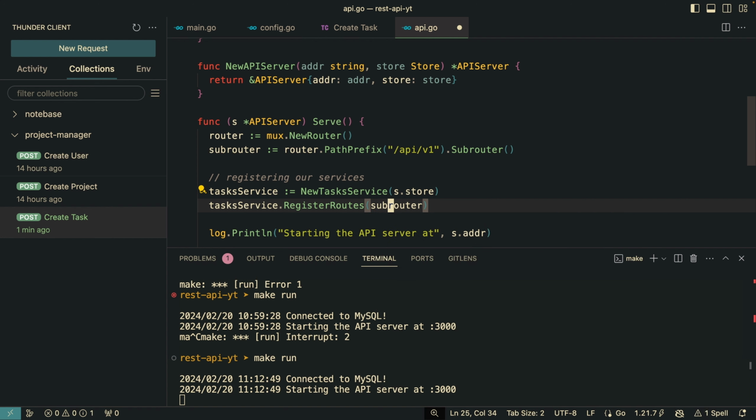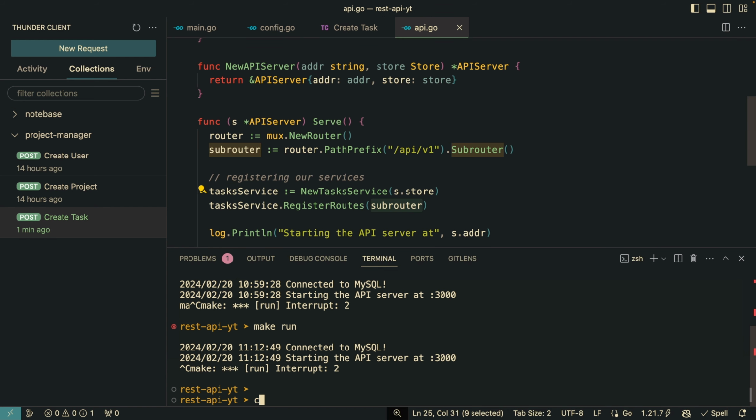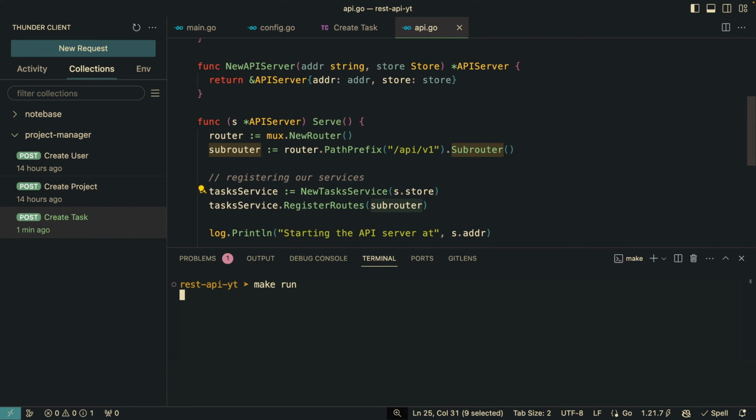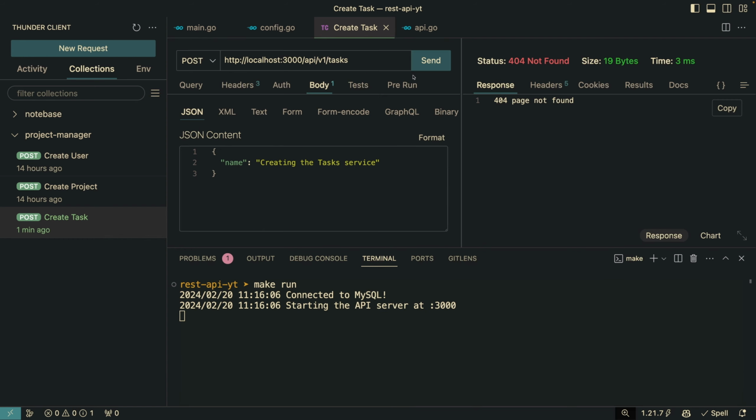So instead of passing the router, we need to pass in the subrouter, because it is /API/v1. If we just pass the router, it's without that, so we want to use the prefix. So make sure that we correct that as well. And let's try again. So we got an invalid payload, and it makes sense, because if you take a look